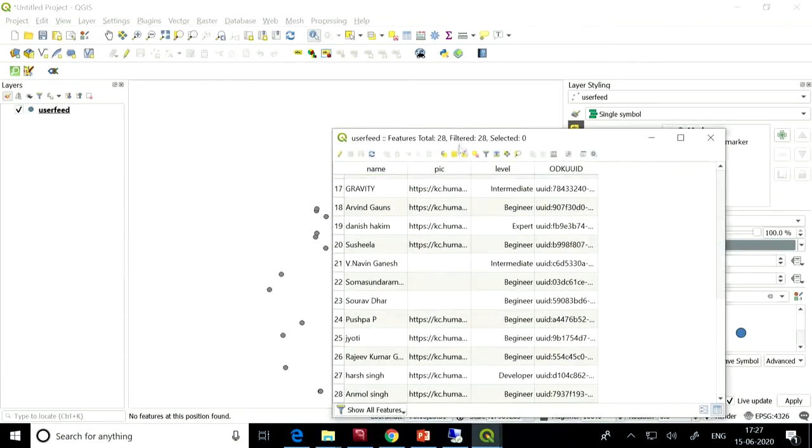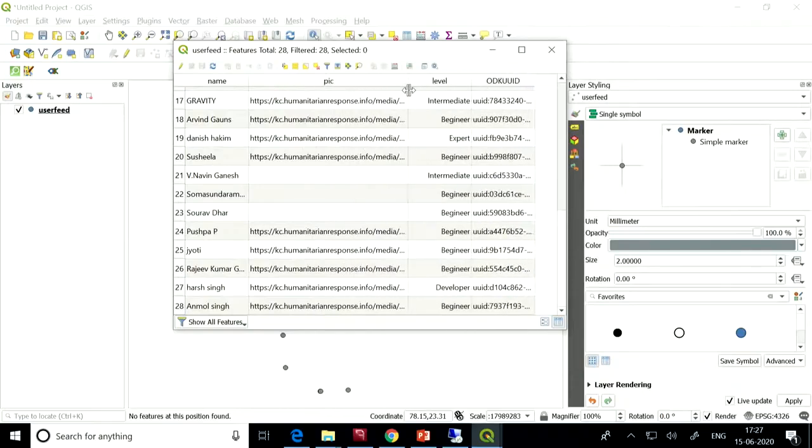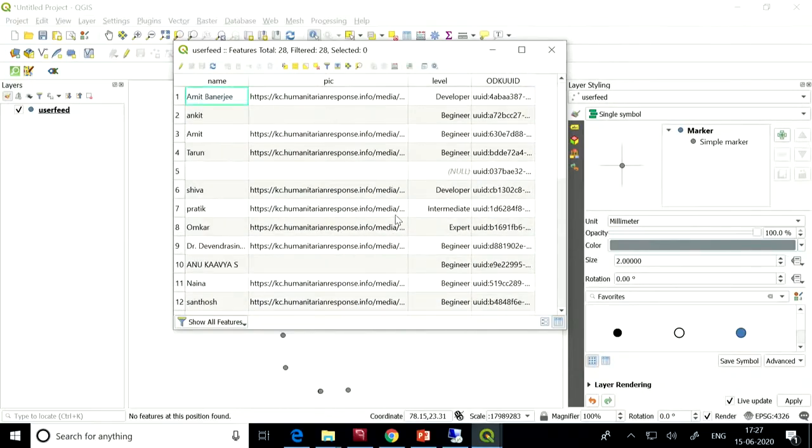There are around 28 submissions from the users. So doing is believing. Now you see how simple it is. You created an account in Kobo toolbox, and then you entered the same username and password into your QRealTime plugin, and then your QRealTime plugin directly connects with the Kobo toolbox and sends your data, and as soon as the data is collected, it will come to your server.